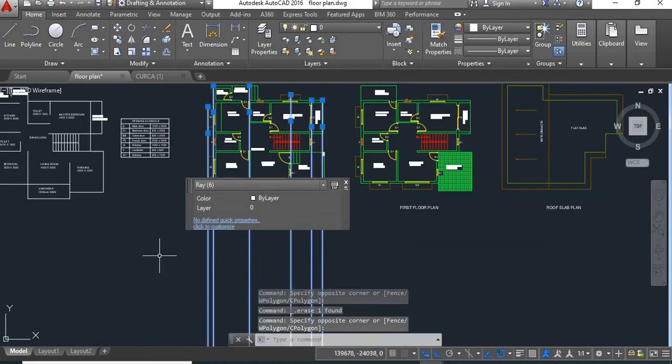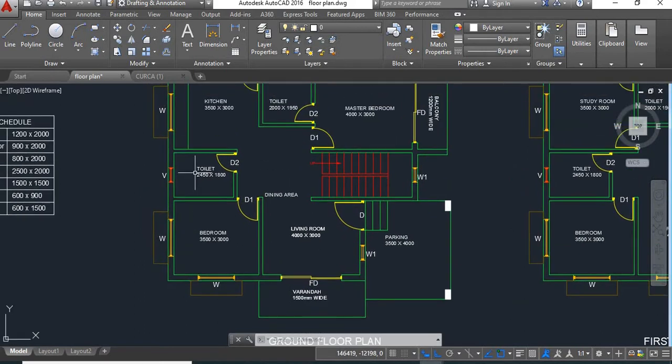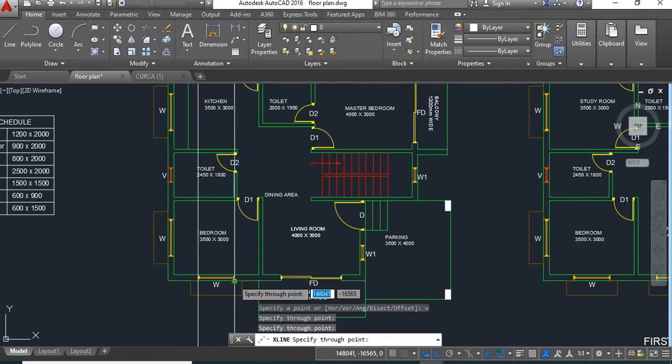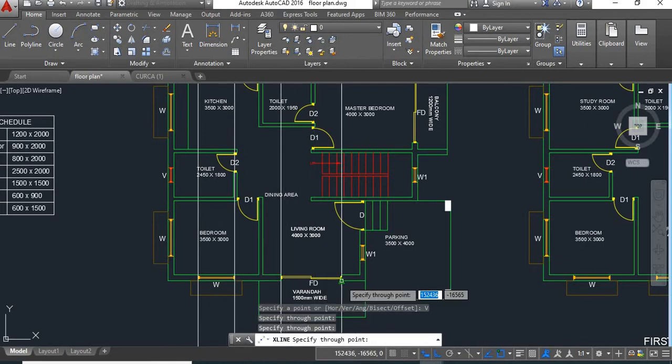Delete these lines. Now next we'll have to mark these windows. For that again we'll take construction line, vertical, mark this point and this point, again this French door. Say enter.